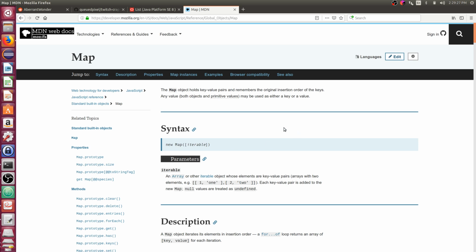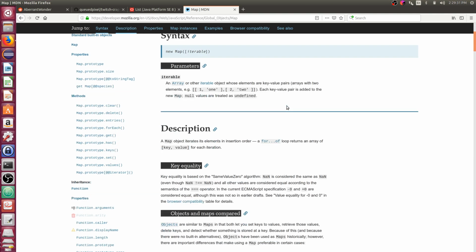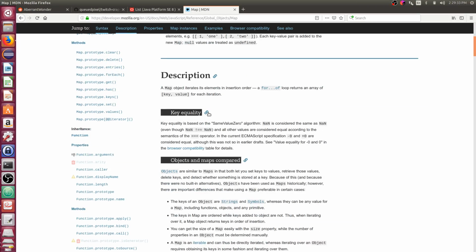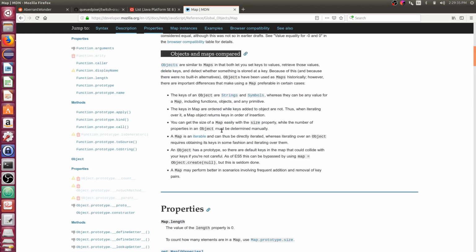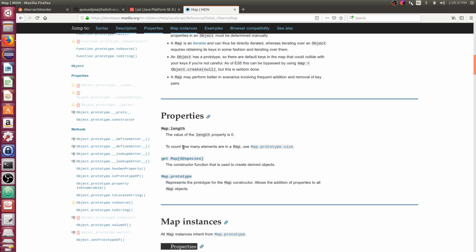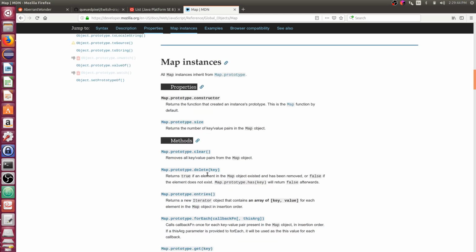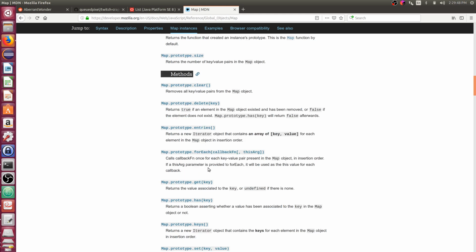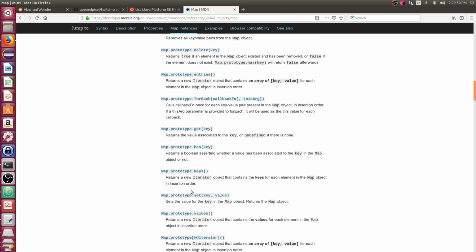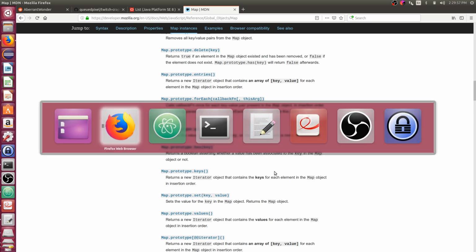So we have a new map. Key equality. Map length, there's get, clear, delete, entries, for each, get, has, set. So I'm going to want the set and the get to try this here.